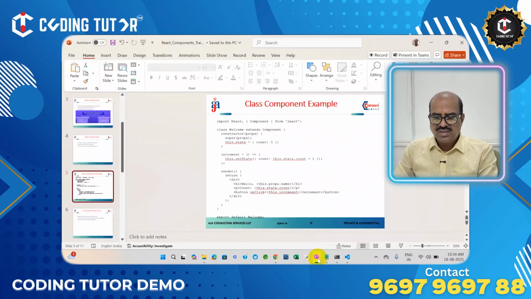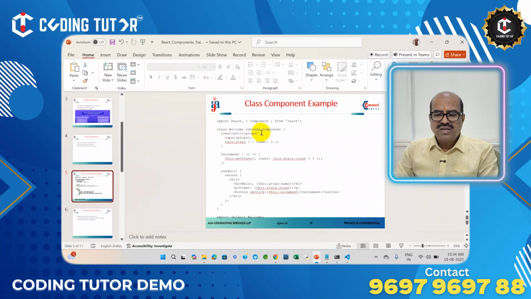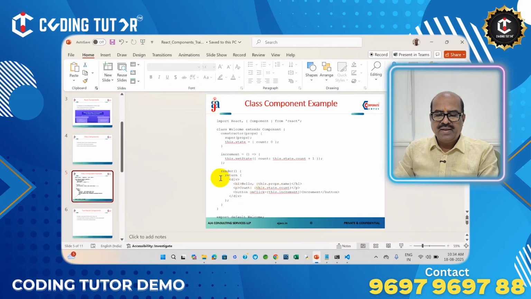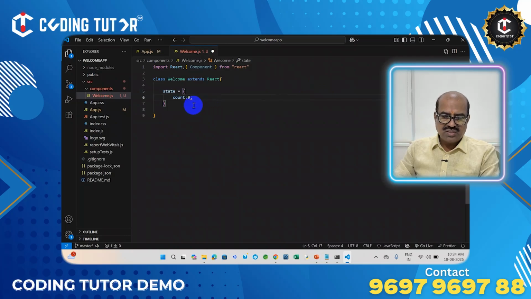Please observe this slide. This is the constructor. I'm not using the constructor at all. Simply, directly, I'm going to specify the state. State equal to, within curly brackets, the count value I defined. Okay. Now, how to design the user interface? This is state. How to design this? So I'm going to use here